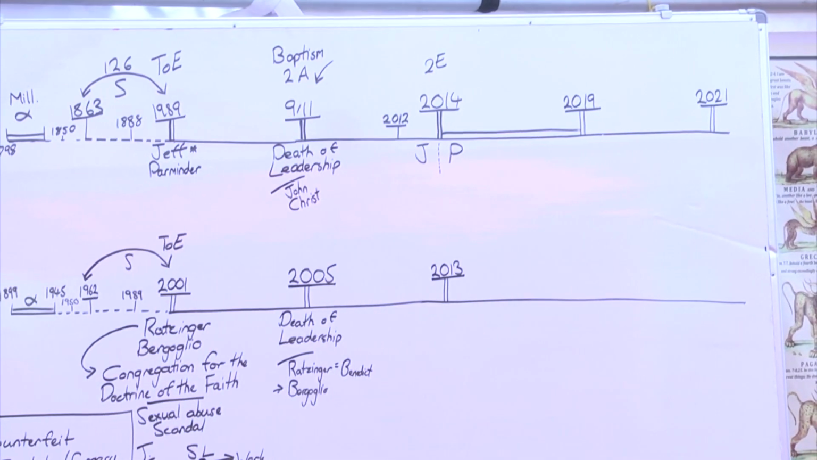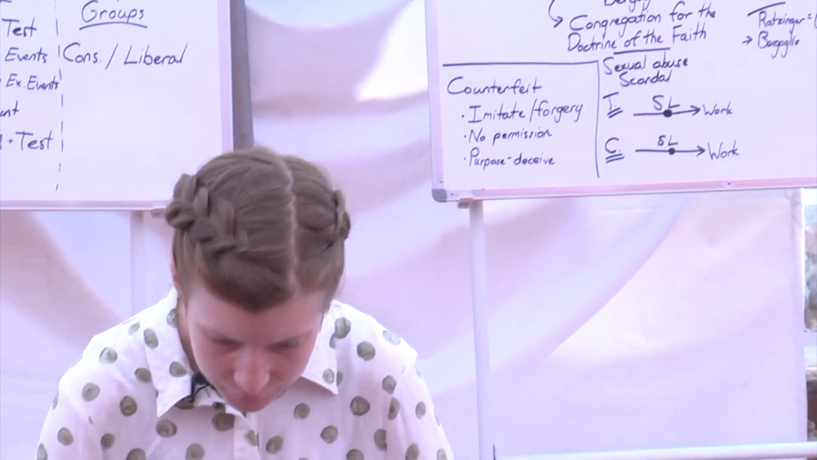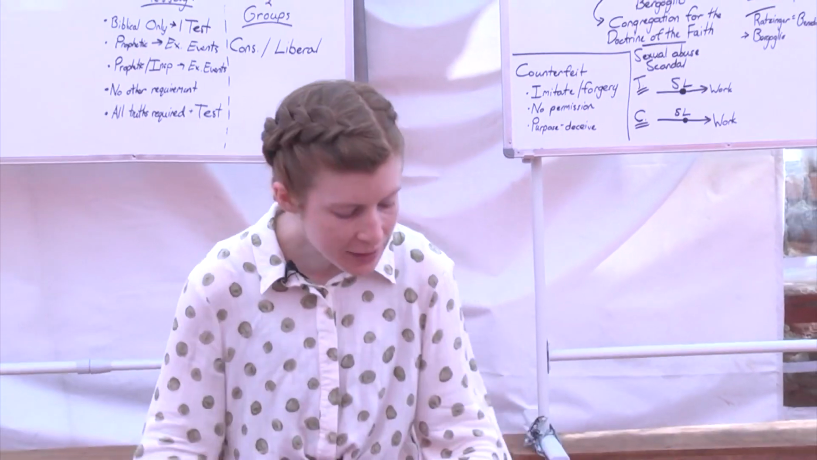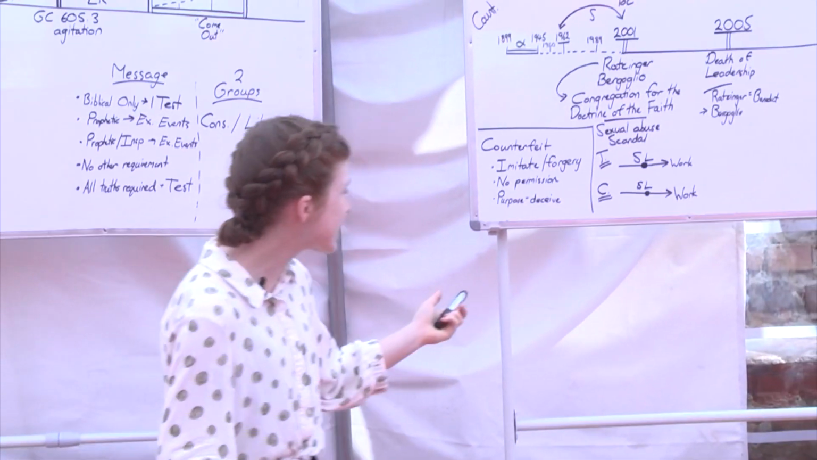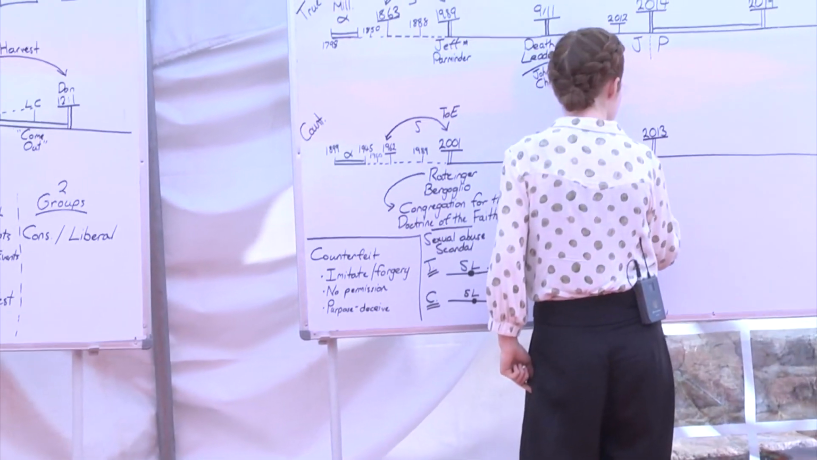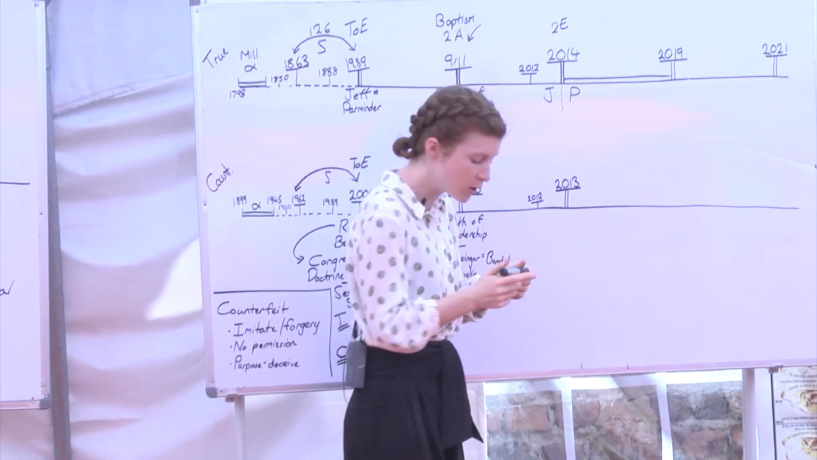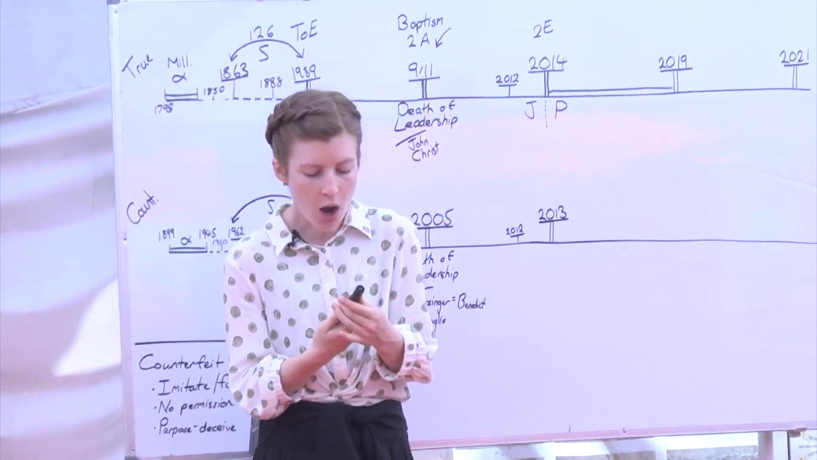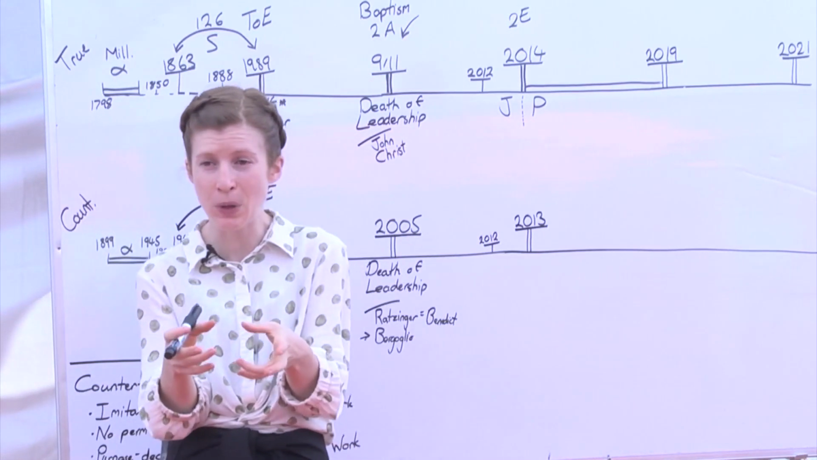We'll go back to 2012. In 2012, Benedict asks for a report on the internal state of the Vatican, and he's given a 300-page report with a